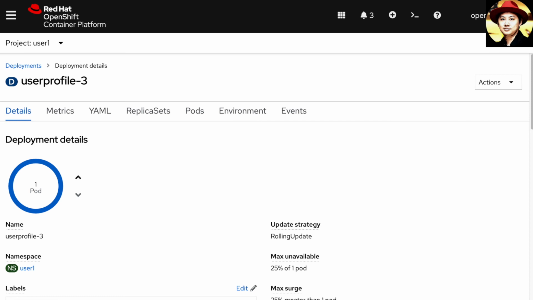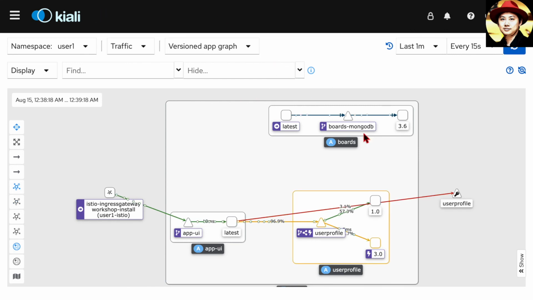Next, I'm going to scale down the user profile version 3 application to simulate the failure of this version 3 application. If we go back to the Canary graph, we should start seeing the percentage of traffic directed away from version 3 to version 1.